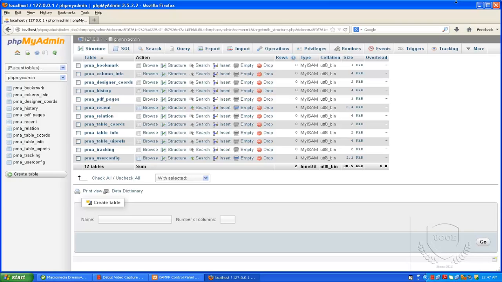Suppose a user registers. In every project we have one registration page. On the registration page, the user will enter his first name, last name, username, password and everything, and he will submit that. At that time we will store that user information in this database. We will create one database, and I will show you how to connect with PHP,